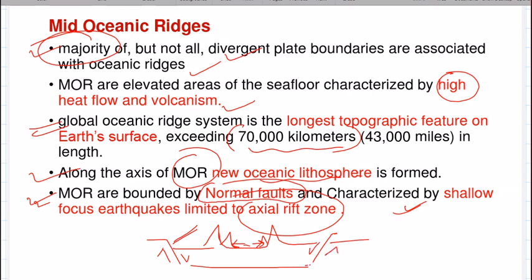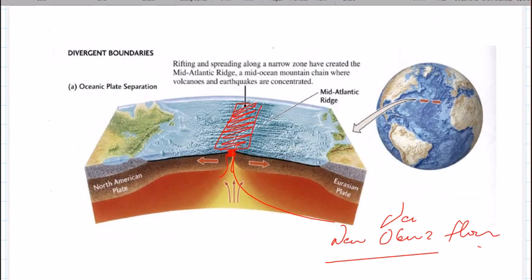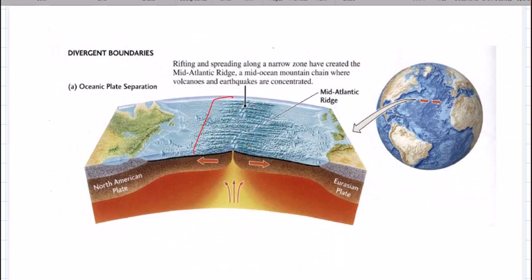We will look at the image and then you will be able to imagine this more easily. And remember the earthquakes that I discussed. Why are there no major earthquakes? Because the earthquakes are characterized by shallow focus. Shallow focus means that the earthquake has less than about 10 to 20 kilometers depth of focus. And it is limited to the axial rift zone. Axial rift zone means that if this is the region of the rifting, wherever the middle axis is, only in this region you will find the earthquakes, not in this region or this region. On the axis of the mid-oceanic ridge.